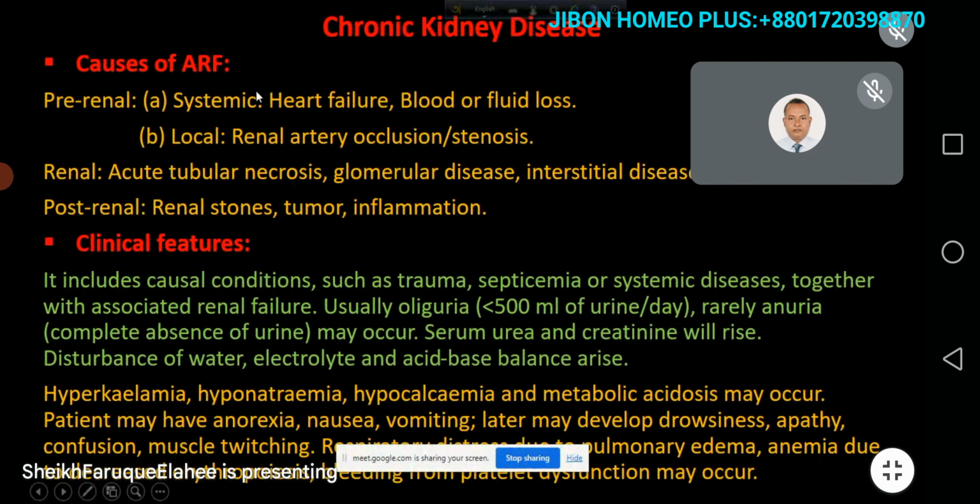So pre-renal, one is systemic, like heart failure. If a person has severe heart failure, you will have less pumping of the